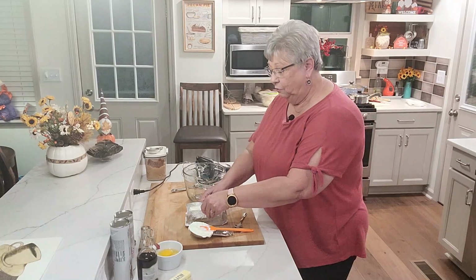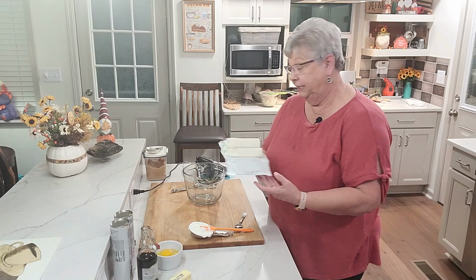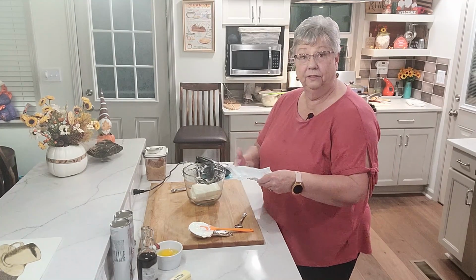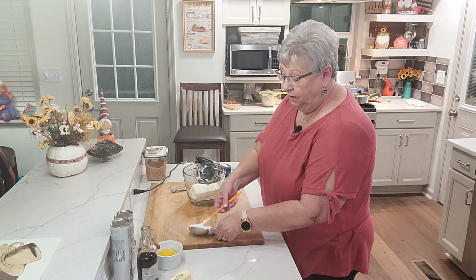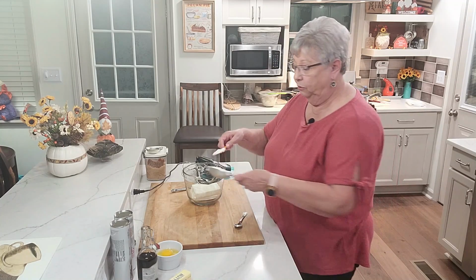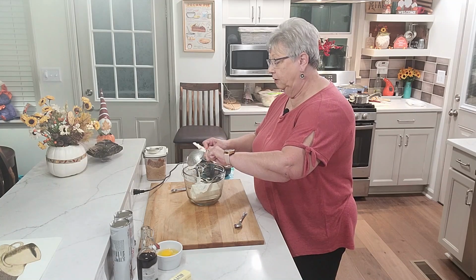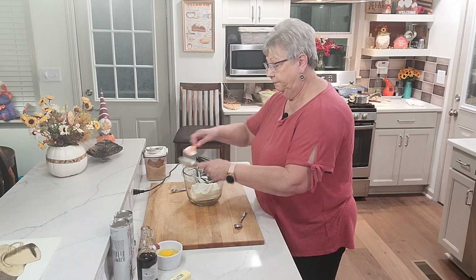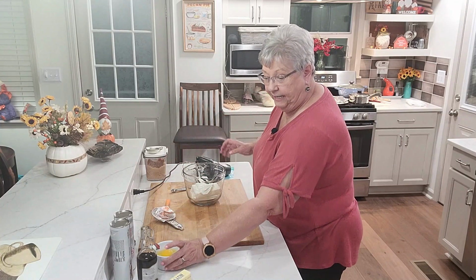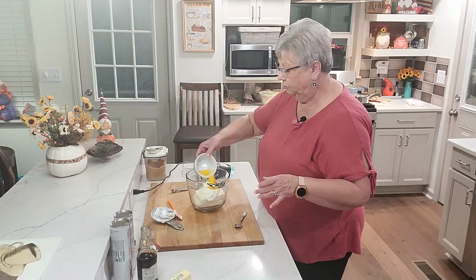So what we're going to start with is our filling, and I've got 2 8-ounce blocks of cream cheese that I have softened to room temperature, and I have a half a cup of sour cream. We're going to add that. Sour cream and cream cheese goes together when you're making a cheesecake. Then I've got 2 eggs that I've already cracked. 2 whole eggs,